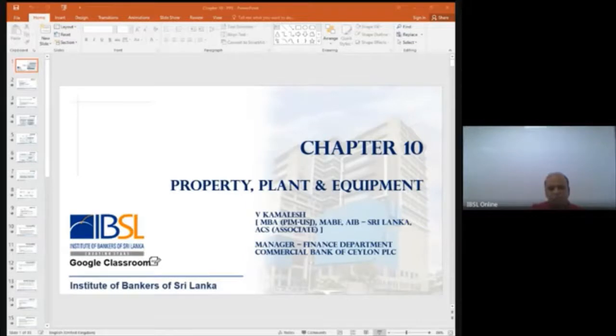It will be the net book value. So what do you mean by net book value? Net book value is the cost of the asset minus accumulated depreciation. So what will happen to the accumulated depreciation? Each year it will increase. So when you take cost minus accumulated depreciation, that will be your net book value.